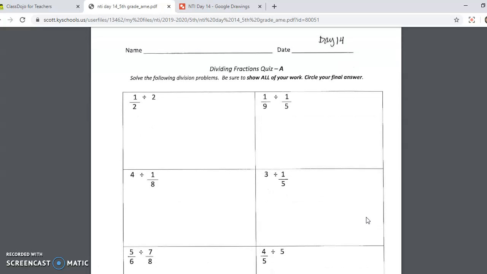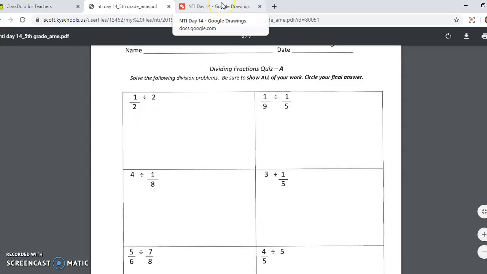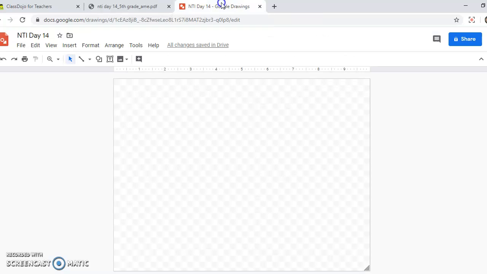Okay, then today you are supposed to be working on dividing fractions. Yes, this says it's a quiz. We might take it as a quiz grade, but I want to go ahead and help you with it just because I've had a few people who needed some help remembering it. So we have 1/2 divided by 2. And I apologize in advance that my writing is not going to be the best, but this is an easy way for me to do this with you.